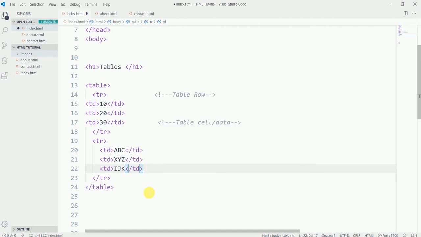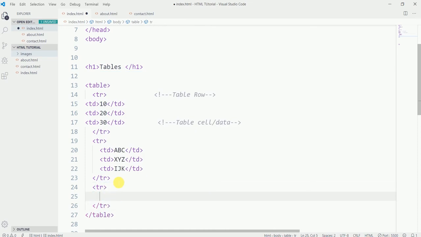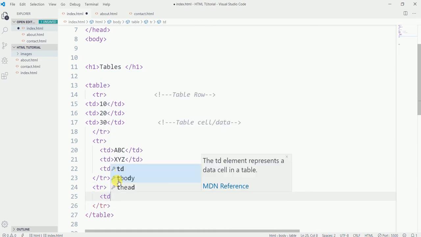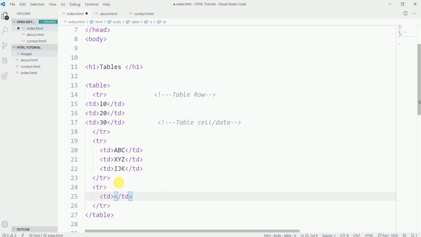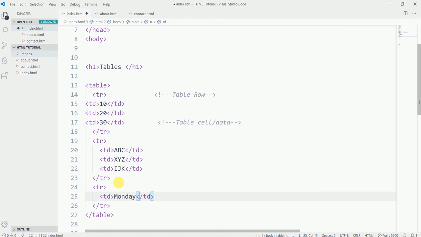Okay, we have two rows, and now let's create another row, another table row, and again table data, and this data should have, let's say, Monday, days of the week,